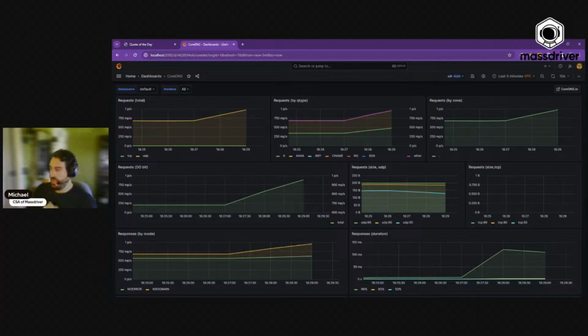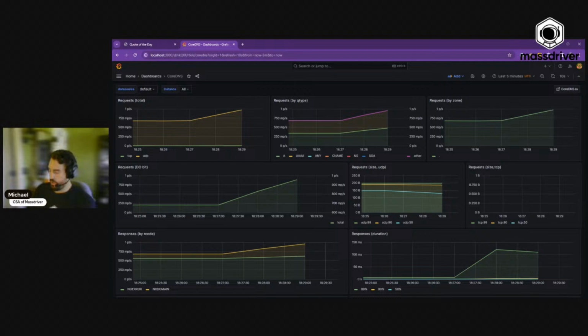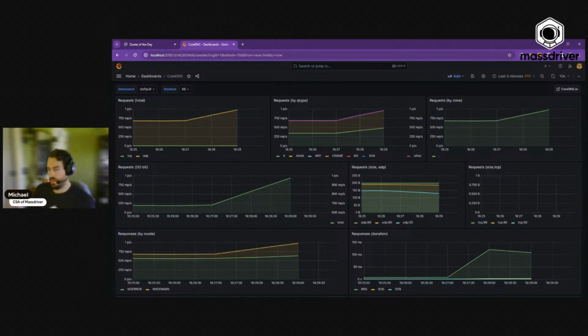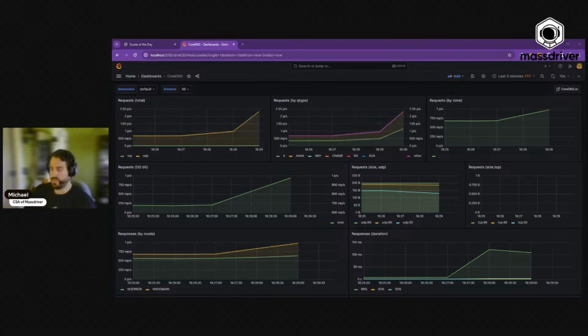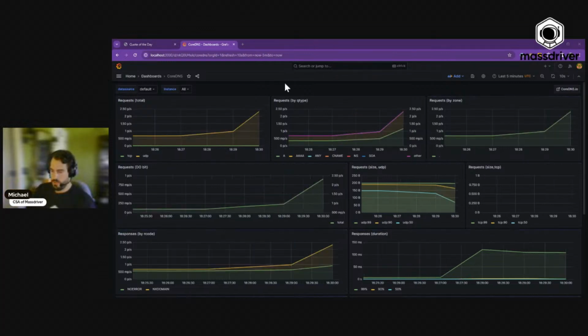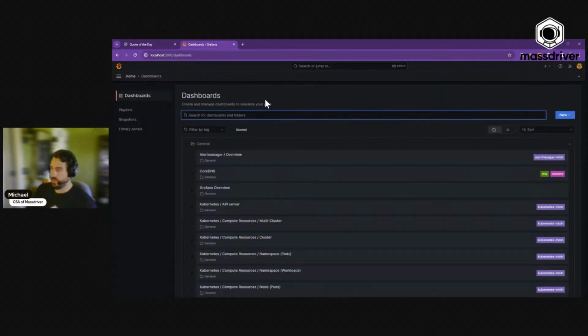But I do want to take you through creating a blank dashboard to understand what the process looks like for setting up custom types of metrics that you need to see specific to your application. Because that's an important feature within Grafana, being able to customize the metrics and the traces and the logging that you need to see for your specific application. So I'm going to go ahead and set that up. We can see everything is starting to spike with all of those requests. And we're going to let that run in the background for